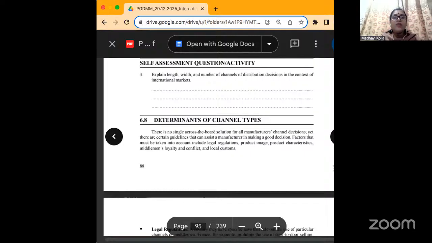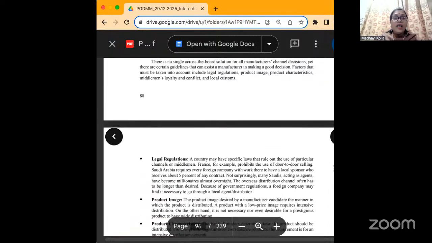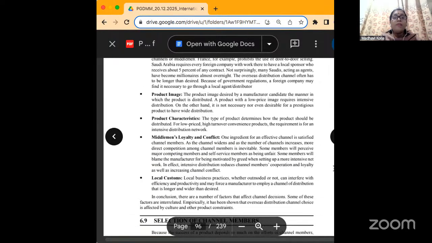And then there are also certain determinants of channel types. Here we are talking in terms of legal regulations and product image. We are talking of product characteristics. For example, is it low priced? Is it high turnover, a convenience product? Is the requirement there for an intensive